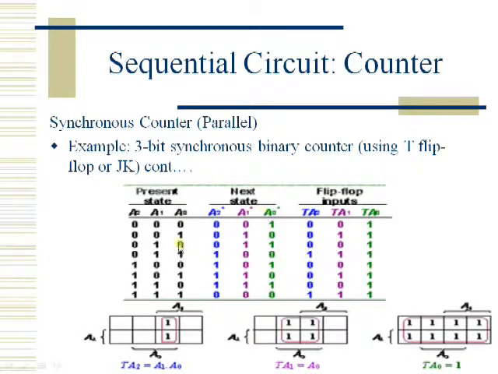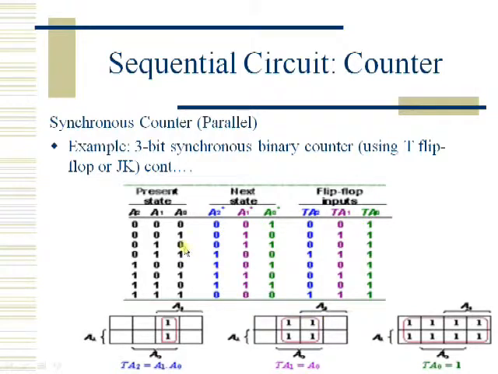So 0 1, both are dissimilar, represented with 1. 1 0, dissimilar, represented with 1. So all the bits in A0 are dissimilar with A0 plus, therefore we'll get all ones. In the same way we have to get the values for TA1 as well as for TA2. Now after getting all these minterms, we have to represent these minterms on the K-maps.